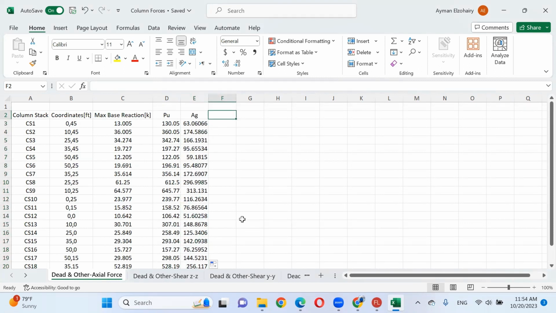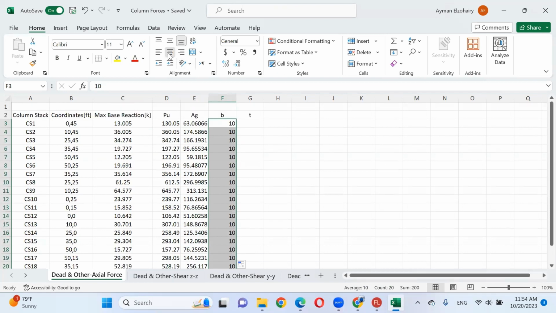Assume we have a rectangular cross section, so I'm going to assume B to figure out T. I'm going to assume my B equals 10 inch, for example. So this 10 inch will be the same for all of them.